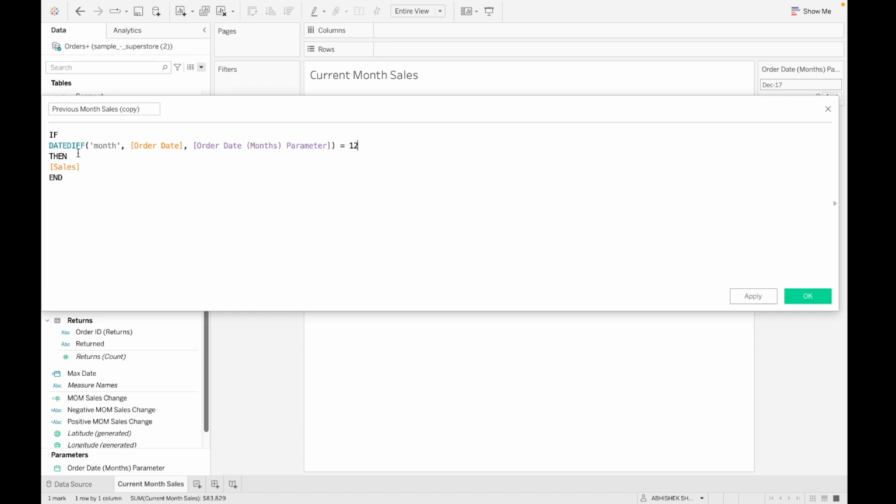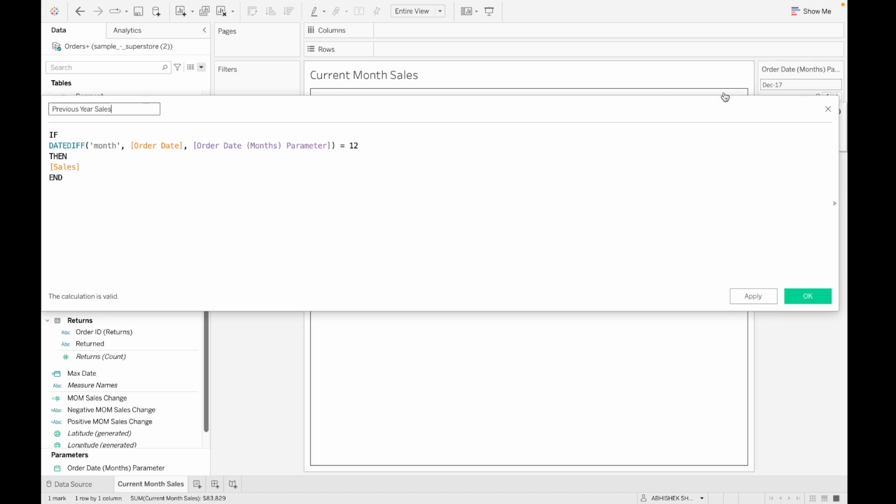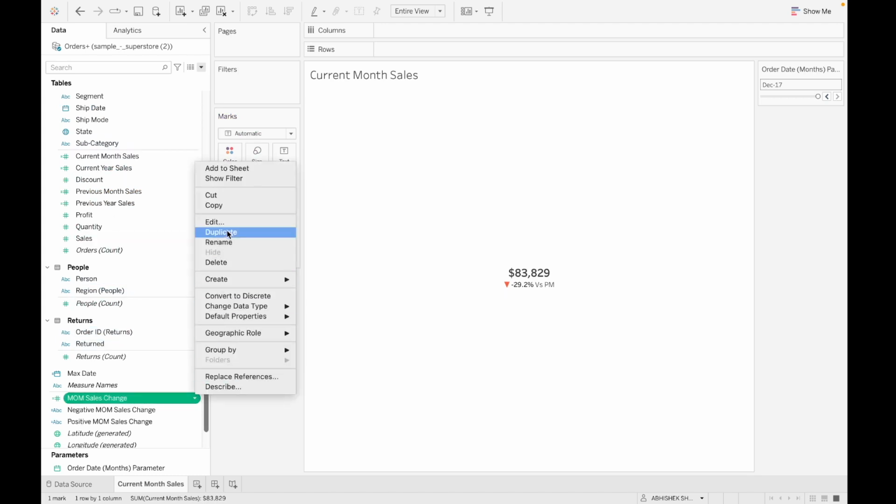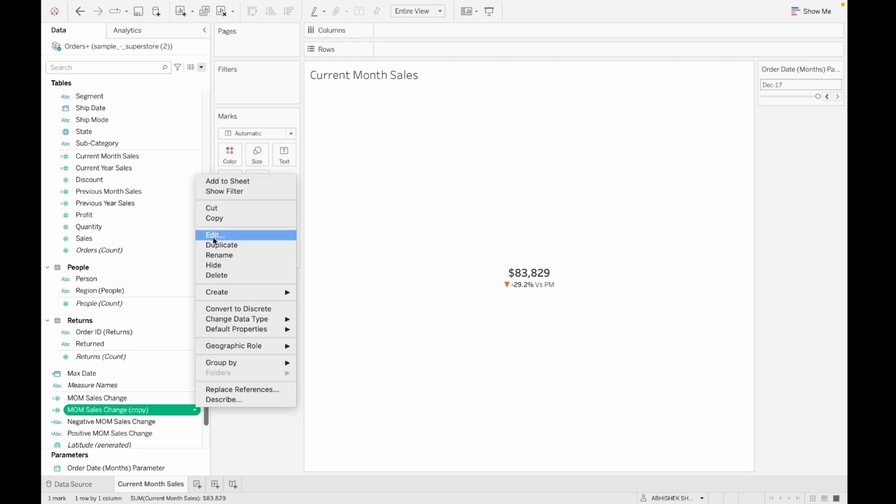So here will be 12 and this will be the previous year, because I have to go to the same period last year. If I am in December 2017, then I have to go to December 2016, just 12 months back. So that's why I use 12 here. So this is our previous year sales. Apply OK. Now in the MOM sales change, I will duplicate it, edit it,